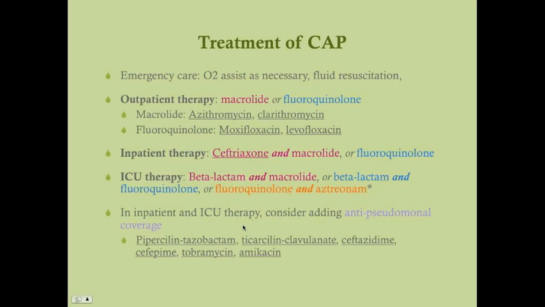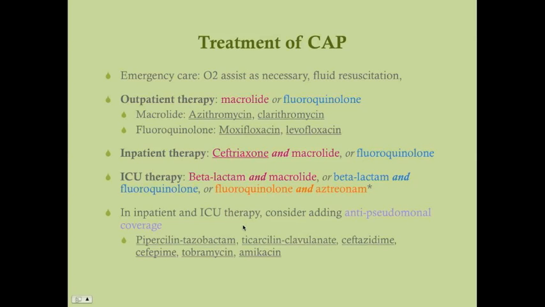Now, if the patient has severe enough disease to where they need to be admitted to the ICU, then our therapy changes. We're going to use a beta-lactam in all cases in the ICU, and that's generally to cover Pseudomonas. And then we can do the beta-lactam and macrolide. We can do the beta-lactam and fluoroquinolone. Or if the patient happens to be allergic to beta-lactam antibiotics, so if they're allergic to penicillin, then we can substitute the beta-lactam with aztreonam, which, as you may remember, is only effective against gram-negative drugs. So beta-lactam and macrolide, beta-lactam and fluoroquinolone, or fluoroquinolone and